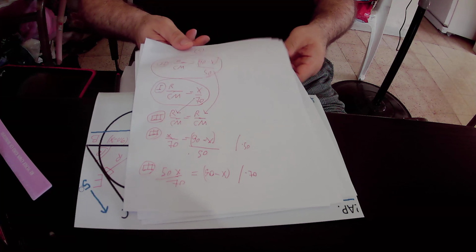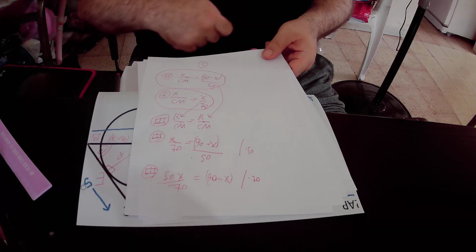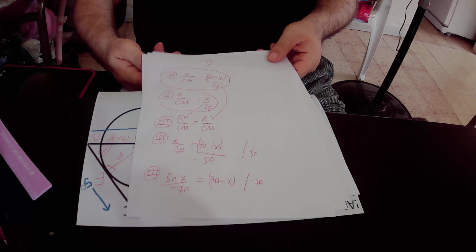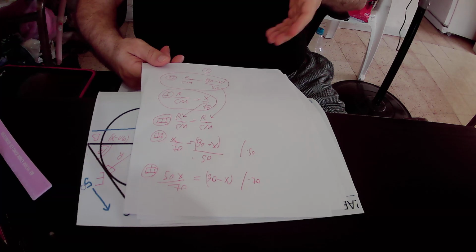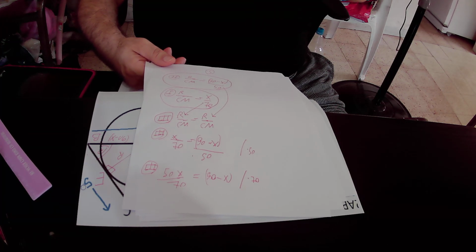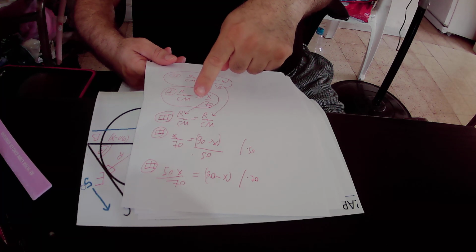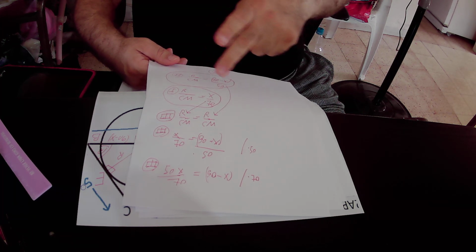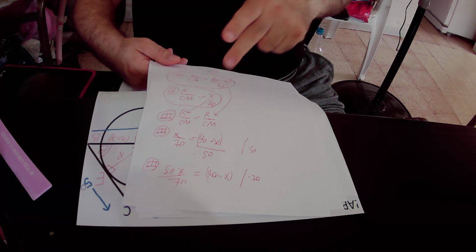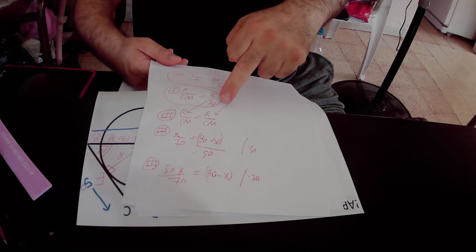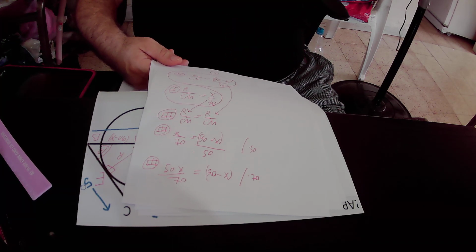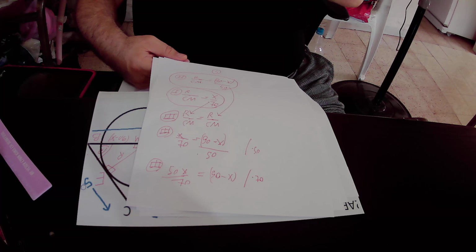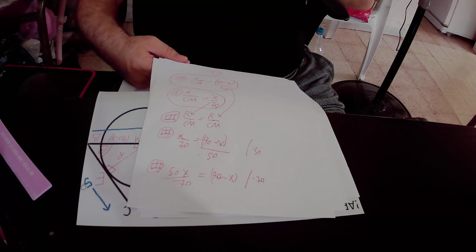So we can put this data in equation number 2, and at the end we got that R over CM equals 90 minus X over 50. But from the first equation we know that R over CM equals X over 70. So we can create the third equation that states that R over CM equals R over CM, and then we substituted the value of R over CM from equation 1, that is to say X over 70, and then we substituted the value of R over CM from the second equation. Okay, so in total we got that X over 70 equals 90 minus X over 50,